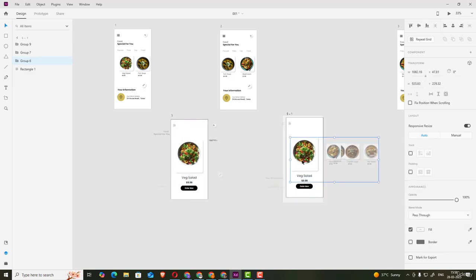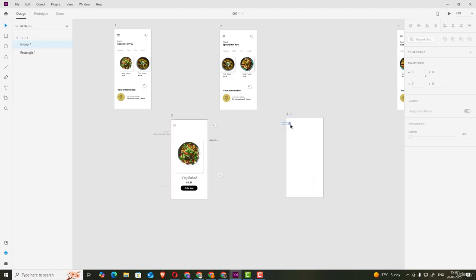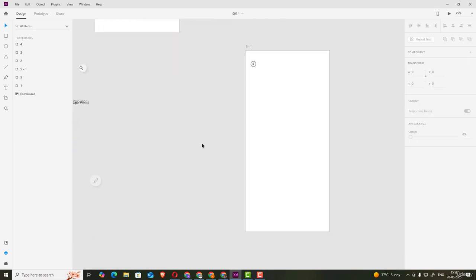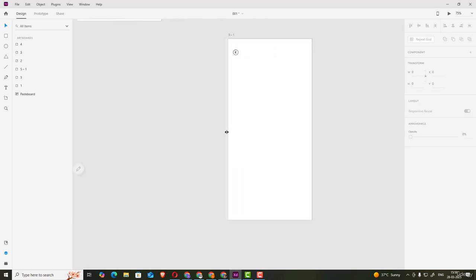Here we can delete all these things and use this backward button, that's it. The rest we can decide. What we can decide means we need to give the payment options like credit card, PayPal, and Google Pay. And here we can type something else like